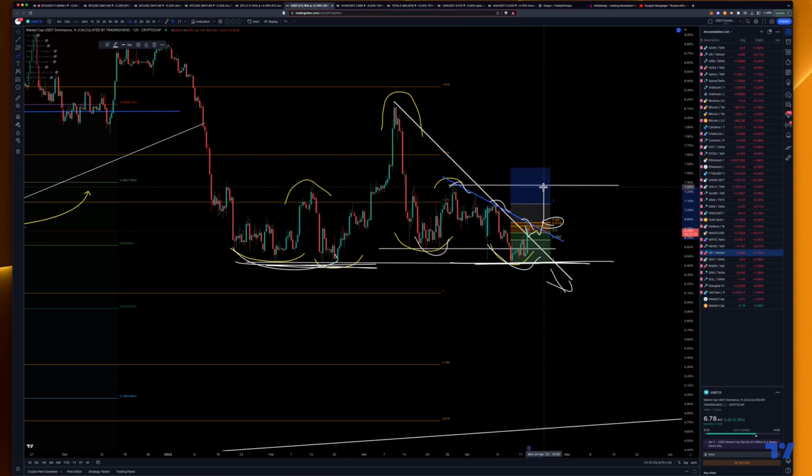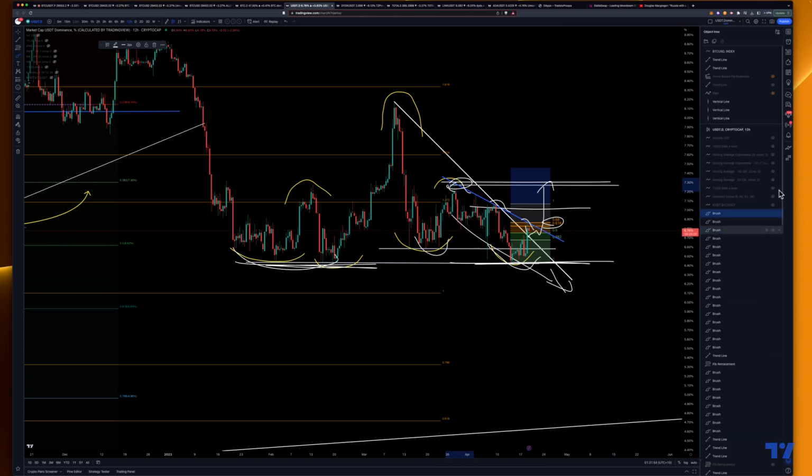This could, if this breaks up, that means we're going to drop a lot. And then I'll have this target, and then this target, and that doesn't look good. So that will be the formation target. That will be the target if it breaks out of this formation. This is tether. Okay. In that case, if that scenario plays out, guys,